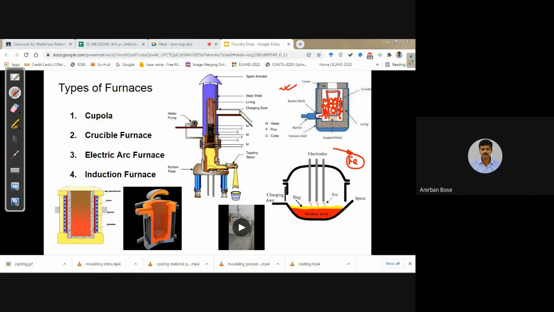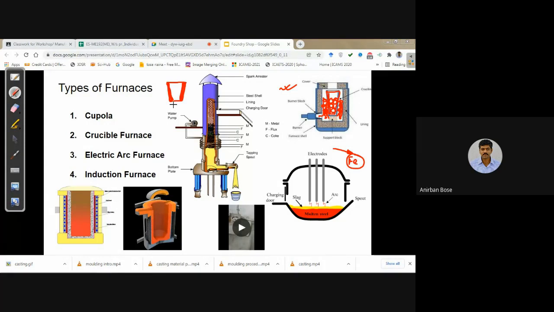That heat energy is transferred through the crucible material. So the crucible material should be made of highly thermally conductive material. They are generally made of graphite or silicon carbide, which are very hard materials.